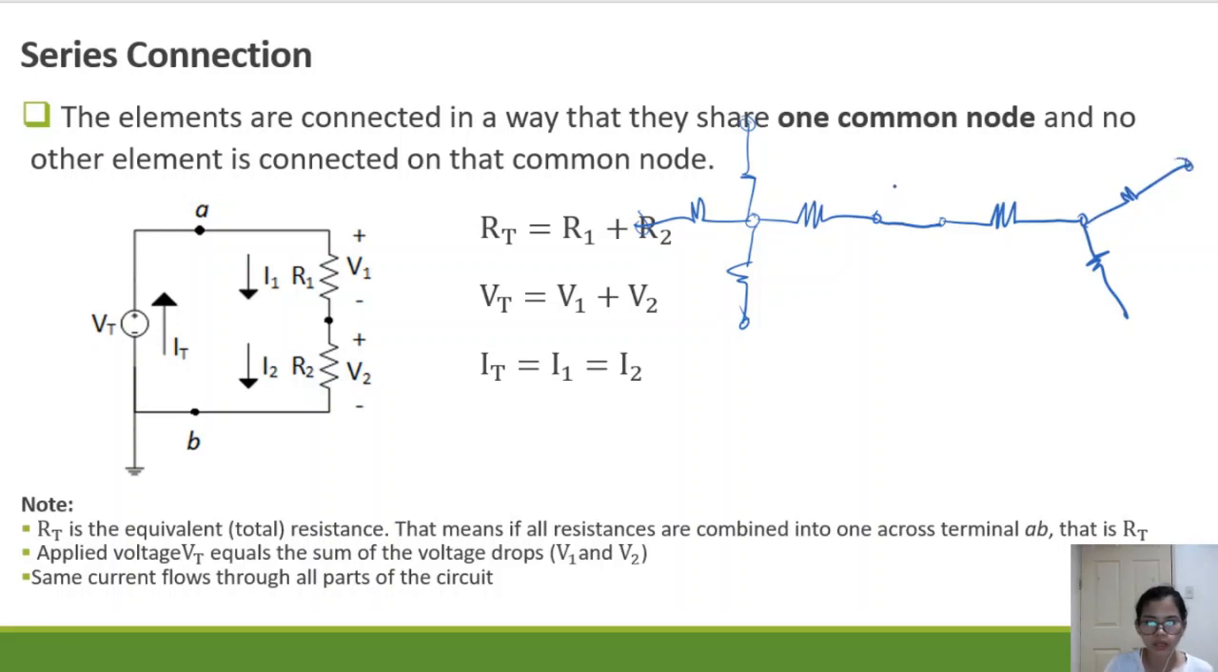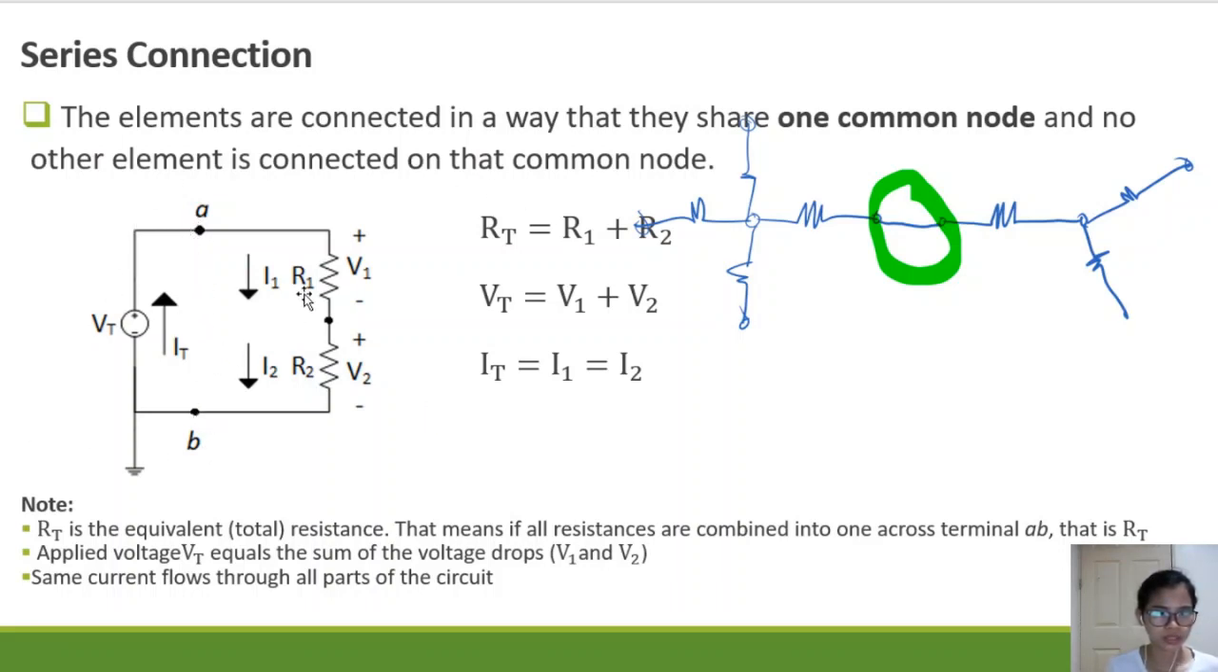I don't care. As long as there is no connection on their common node, then they are in series. You need to know how to determine series resistors so that when the time comes that you deal with a complex circuit, you won't be deceived or get confused with the connections. So for this series connection, as you can see, the equivalent resistance or the total resistance across point